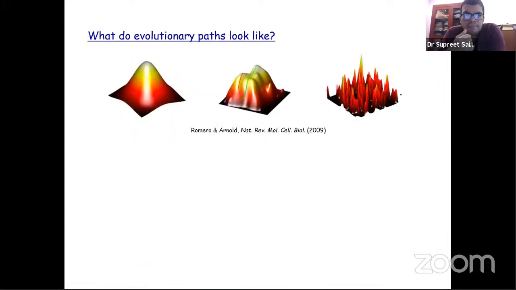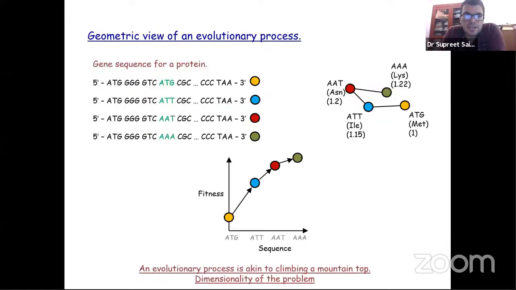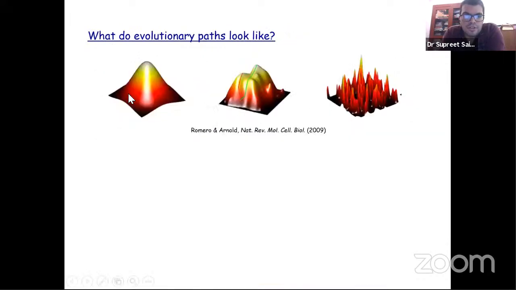This also has interesting implications, and this is a subject that has been studied computationally in great detail: what is the relationship between the genotype of the individual and the phenotype of the individual? If the genotype-phenotype relationship is of a certain kind, and we won't get into the details of what kind, then the mountain that the population is climbing is a smooth one. And this geometric view is called a fitness landscape.